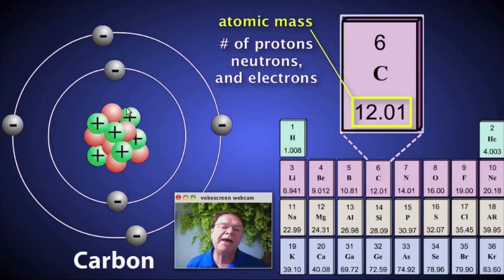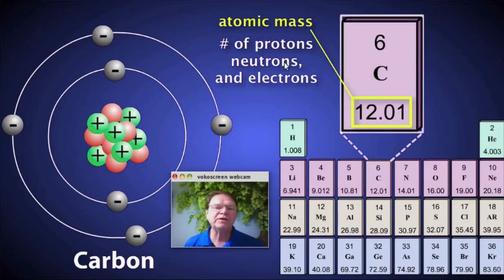The atomic mass is basically the mass of the nucleus, which is the number of protons and neutrons. The electrons are really not contributing that much to that. The reason why you see that it's a decimal here is largely due to the fact that not every carbon atom is going to have exactly the same number of neutrons. We refer to those as isotopes, which we'll get into later on. So this is really the useful information that you see pictured here regarding what we're going to use for chemistry throughout the remainder of the year.